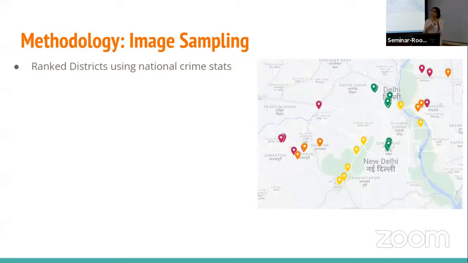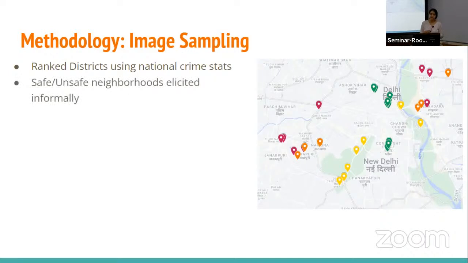What we did was rank all the districts of Delhi by district crime statistics, and especially we focused on crimes that are happening outdoors. So basically you get the idea of the two most safe and the two least safe districts. Okay, fine. But a district is pretty large. So then we sent one of our research assistants to the police stations in these districts to have informal conversations with people and ask, what are the safest neighborhoods here? What are the least safe neighborhoods here? And we got this informal information. So we made a list of safe neighborhoods in safe districts, unsafe neighborhoods in safe districts, safe neighborhoods in unsafe districts, and unsafe neighborhoods in unsafe districts. So that's how we thought of our image